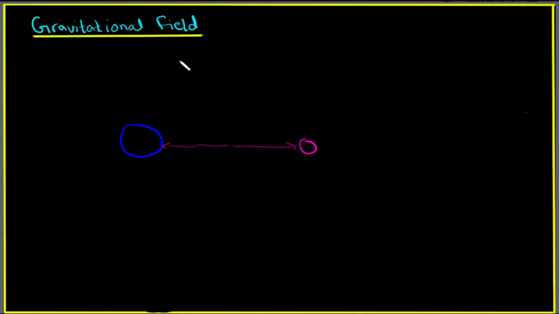But what is gravitational field? Gravitational field is basically a region in which the gravity of that mass is effective, right? For example, this blue mass is going to attract this pink mass, but let's say there's another green mass right there in the corner. That green mass is unaffected by the gravity of this blue mass. The reason is that it is too far away from this blue mass, and the gravitational field of this blue mass is not going to reach the green mass.